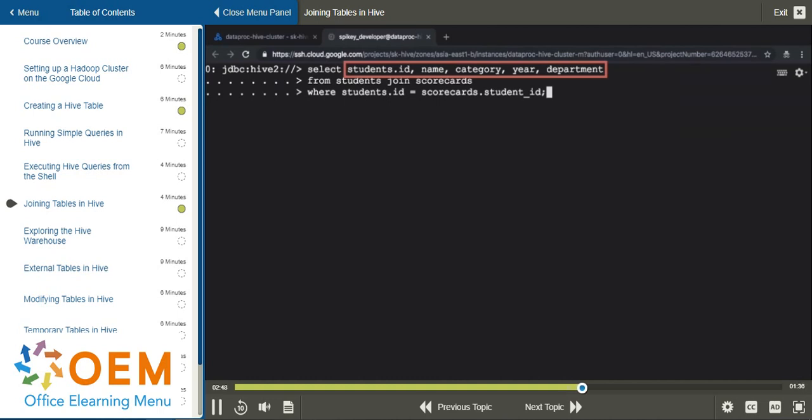Using the dot is particularly helpful when there is some ambiguity in the column names between the two tables which you are joining. For example, if there was a column called ID in both the tables and you'd only like to return one of them in your result, then you can make use of this dot operator to specify which of those